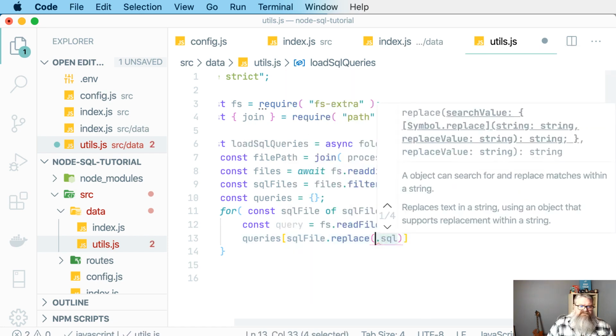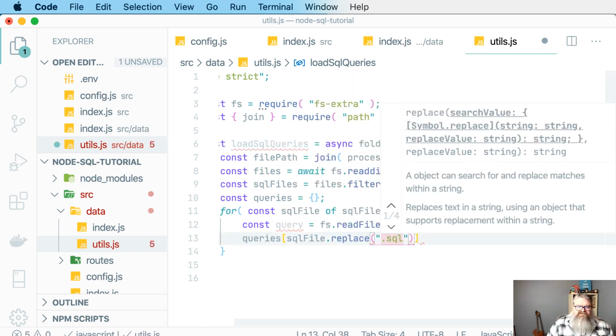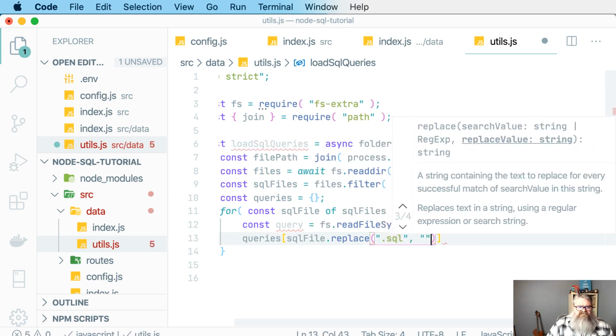Remove the SQL extension from the file name,